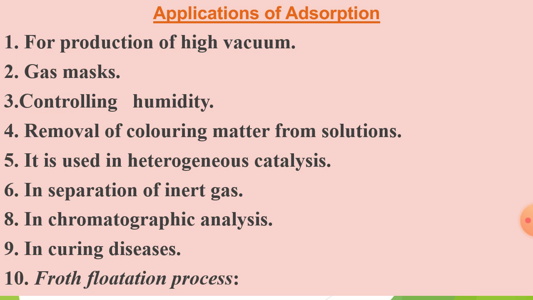So dear students, under very high vacuum, basically of order 10 to the power minus 8 to 10 to the power minus 9 Pascal pressure, it is possible to obtain an ultra clean surface of the metal. That means whatever gas was adsorbed on the surface, now all the gases are removed. In that condition, when you apply the pressure 10 to the power minus 8 to 10 to the power minus 9 for production of vacuum.